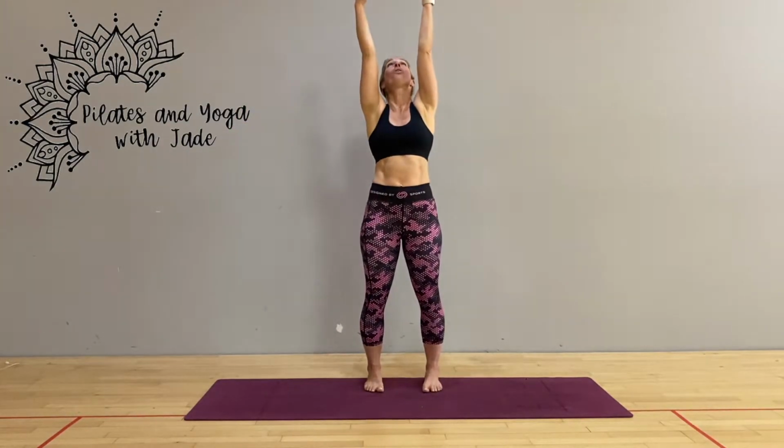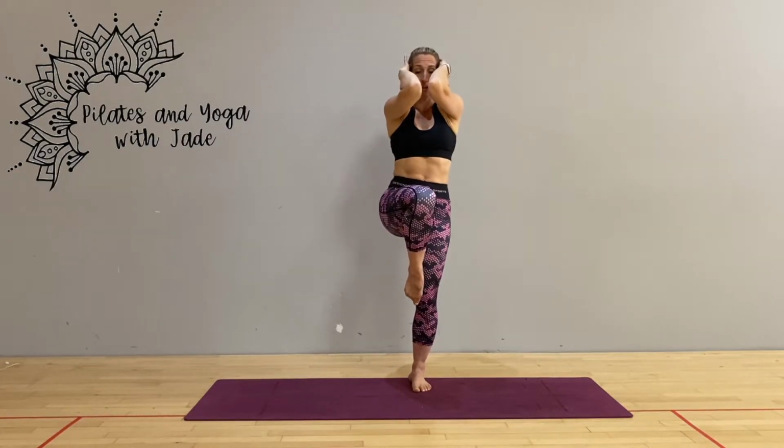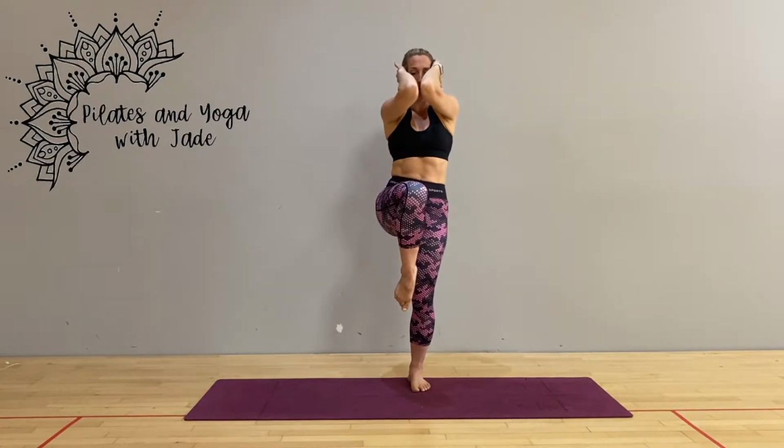Reach up tall. Now when you're ready, hands behind the head, lifting your left knee. Find another little balance here. Open that left knee to the side. Then as you bring the left knee to center, bring the elbows together. So I'm going to open the left knee to the side, bring the left knee to the front as the elbows come to center. So we're working the balance, single leg strength, mobility and coordination, and we're also working on